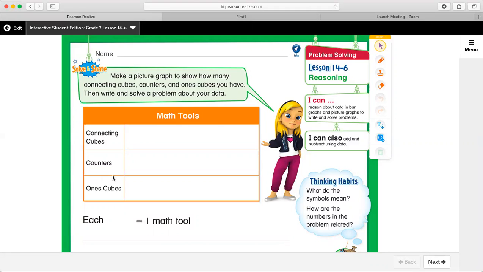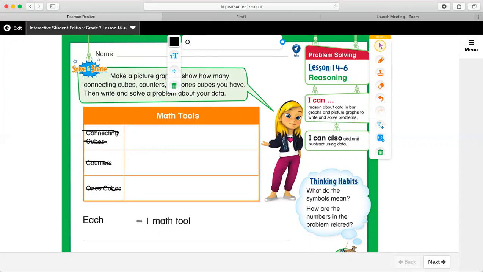Now, on the first page of this topic, you can see that it's asking us to make a picture graph with these math tools: connecting cubes, counters, ones, cubes. I do realize that most of you will not have these sort of math tools at your house. And so I am fine if you draw a line through these and cross them out, and if you create your own. So, for example, you could do